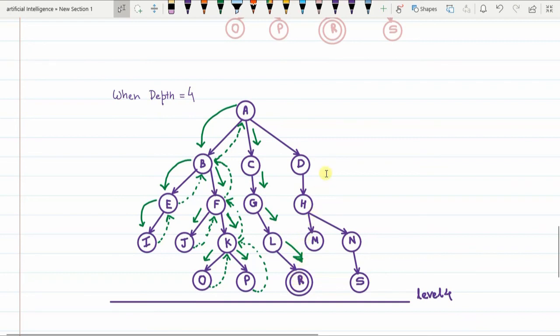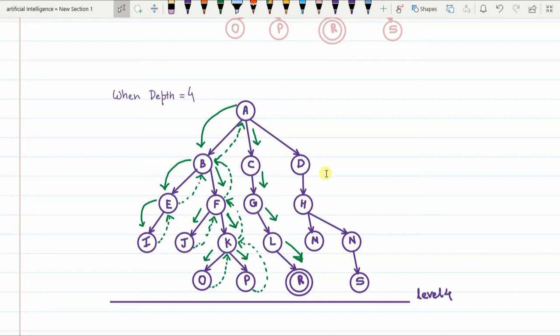Okay, but as you can make out, one advantage of this depth limited depth first search is that compared to the breadth first search, depth first search is better because there is low load on memory. In breadth first search, what happens is the entire memory gets loaded because all the nodes from a particular level, all of them are loaded into the RAM. In depth first search, this load on memory is reduced. But then other problems with depth first search are that it may not guarantee you a solution, and second, it may get lost into a blind alley.